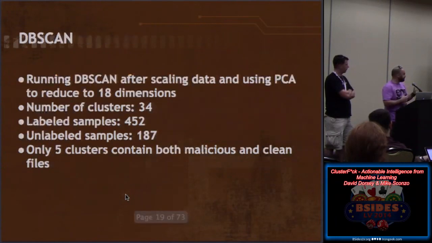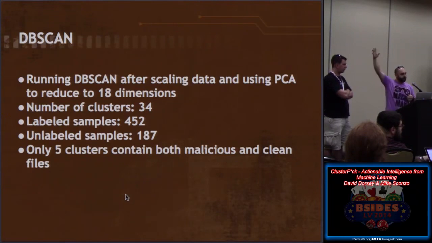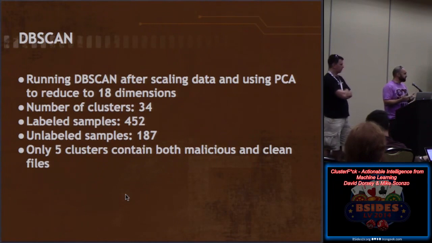So now on top of this, we said, all right, maybe we can get less like things to be slightly more like one another if we do this PCA. As you think about it, if you go from a really high dimensional space to a lower one, you're in essence throwing information away. So we reduced it from 63 dimensions to 18. So we have these 18 features that we're using, and the numbers are kind of inverted, right?